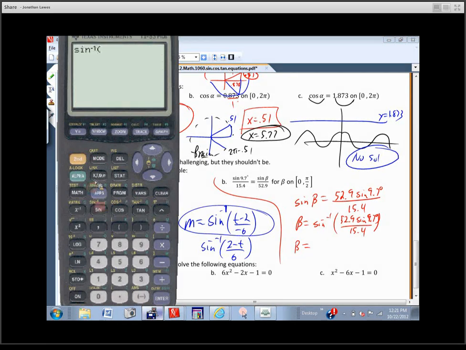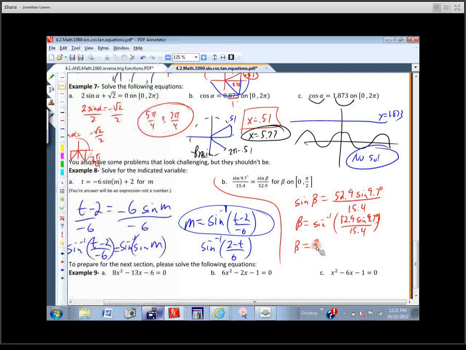So we'll do sine inverse of 52.9 times the sine of 9.7. Okay, do I need parentheses around the entire top? It's not a bad idea, but on this one it's all multiplication and division. Okay, so we'd be fine on that one. So then we're just going to divide by 15.4. And if I type this incorrectly... 35.36. Okay. Is that the answer? David? Yep. That's the